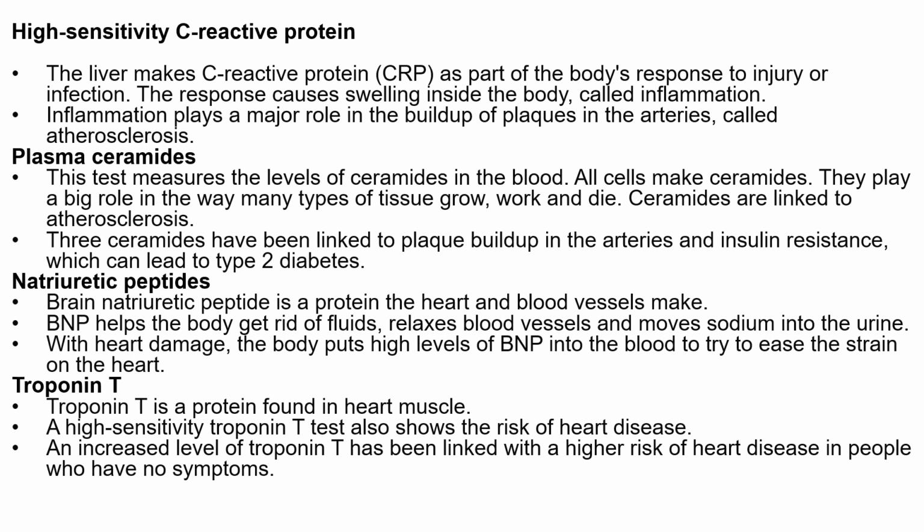There's also plasma ceramides testing, where this measures the levels of ceramides in the blood. All cells make ceramides. They play a big role in the way many types of tissues grow, work, and die. These are also linked to atherosclerosis. Free ceramides have been linked to plaque buildup in the arteries and insulin resistance, which can lead to type 2 diabetes. There's natriuretic peptides. So the main one is brain natriuretic peptide, which is a protein the heart and blood